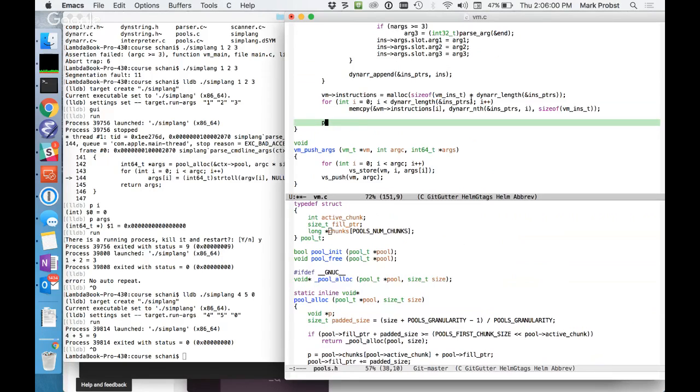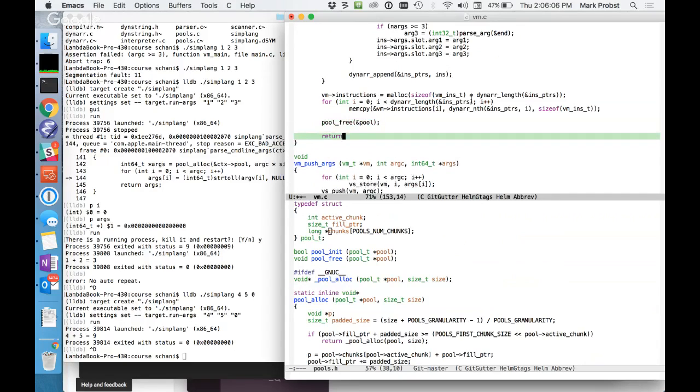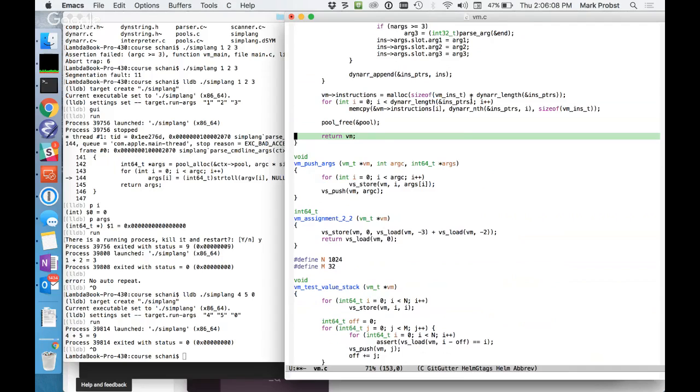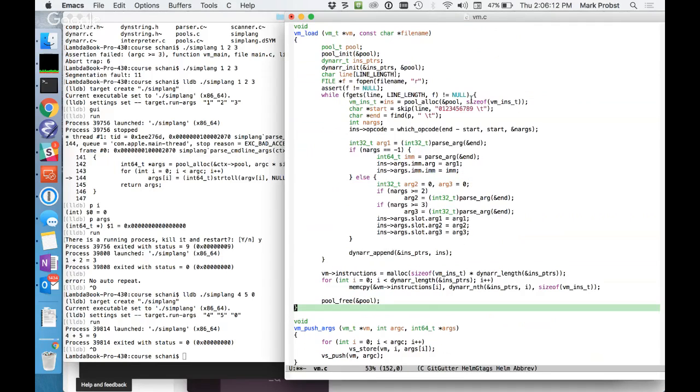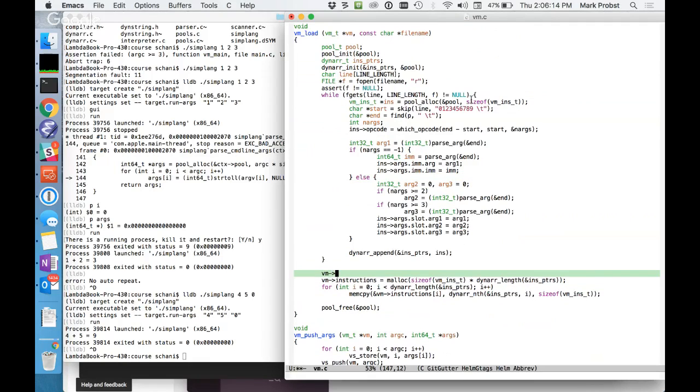Pool free. Pool return VM. No, I don't return the VM. The VM has been initialized for us. But what I do need to do is say VM num instructions equals